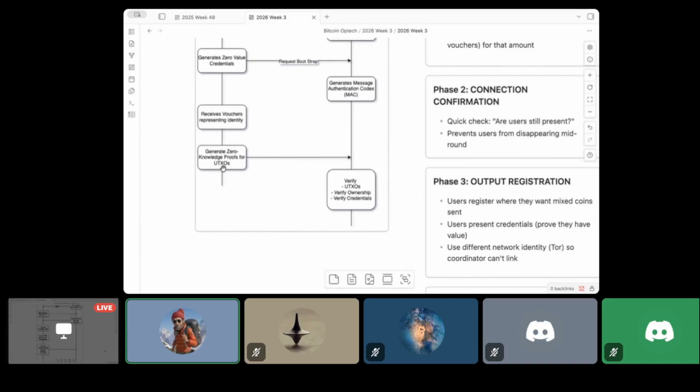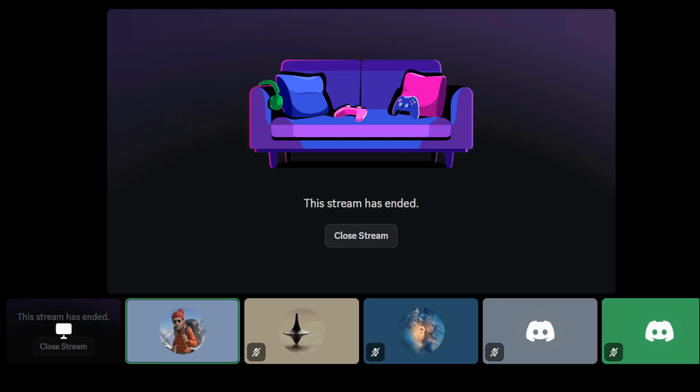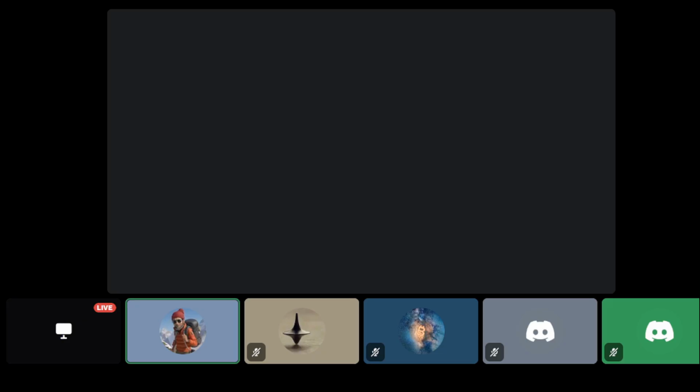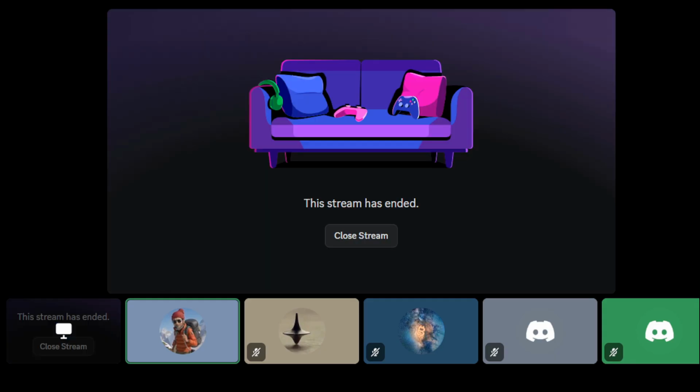I don't have enough knowledge about the entire process in detail, so I won't be able to explain to you in so much detail how the zero knowledge proof process is implemented by Wasabi, and how it helps you realize these things. So that's